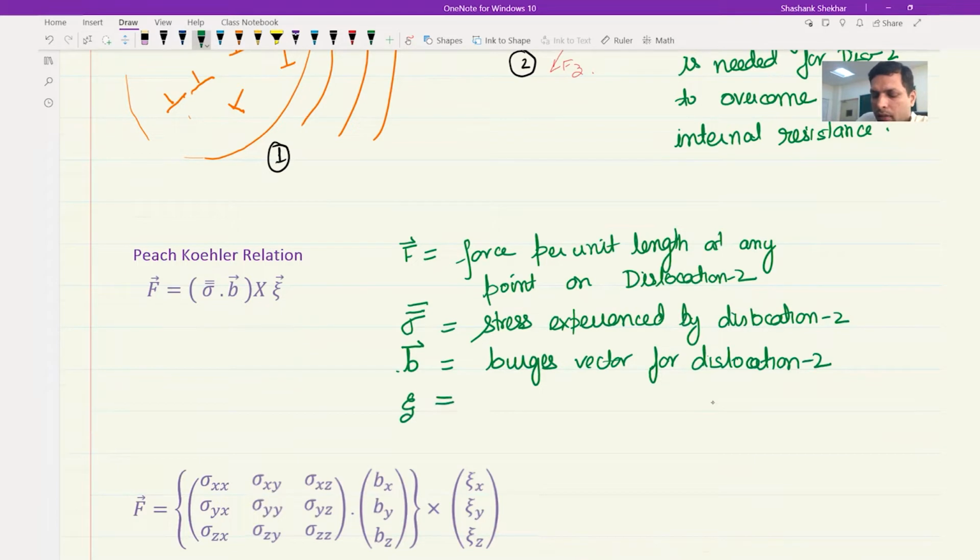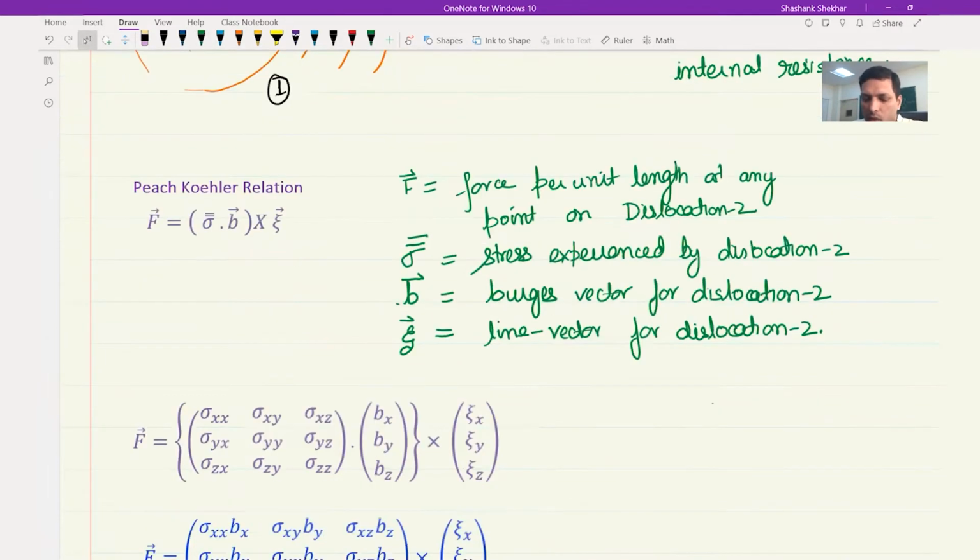And line vector is e, the line vector for dislocation 2. So you can see that based on this, if we put in the sigma in the tensor form, it has 9 quantities. b is a vector, so it is bx, by, bz, and the line vector is again a vector, so